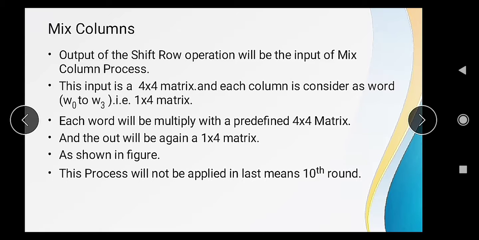Okay, now what we are going to do, we will perform a multiplication operation here. So that is also known as the multiplication round. We will perform a multiplication of a 4 into 4 matrix with a 1 into 4 matrix, and the output will be a 1 into 4 matrix. That whole process can be understood using the diagram given on the next page.